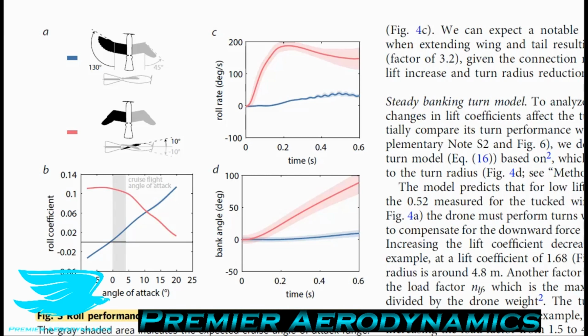But at high angle of attack, above 10 degrees is the point at which this trend changes. Once you go above that, sweeping one wing forward and keeping the other one tucked is much more effective than pitching the wings. And I think you can probably figure out why that is. The reason why is because